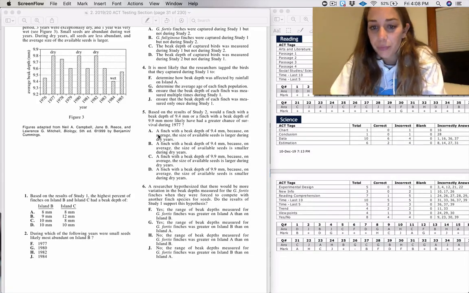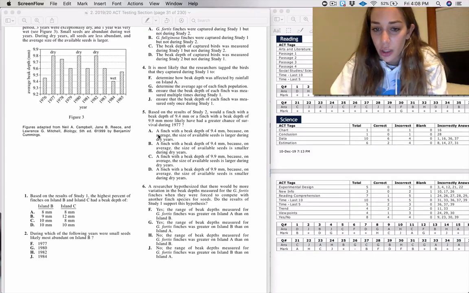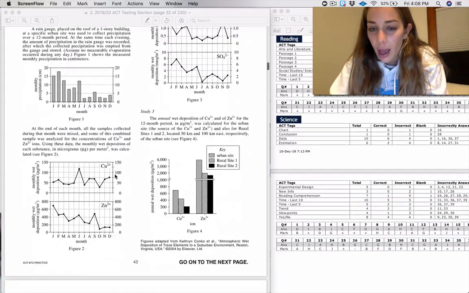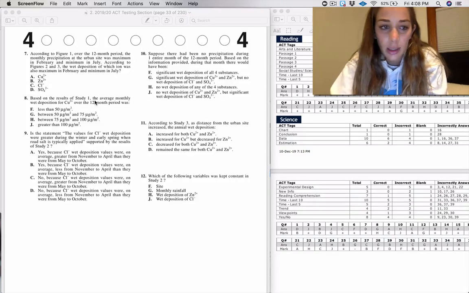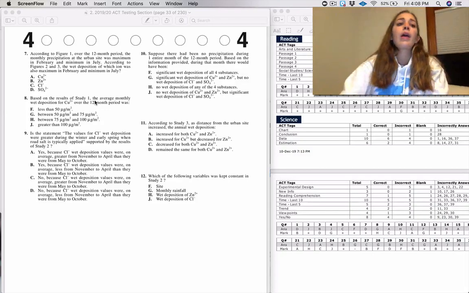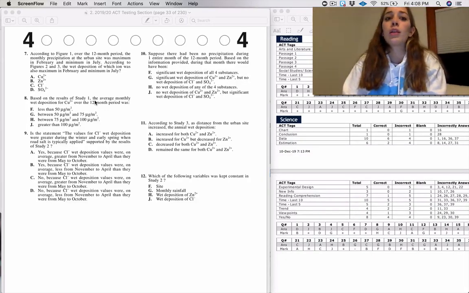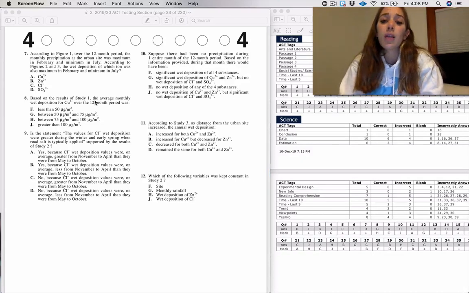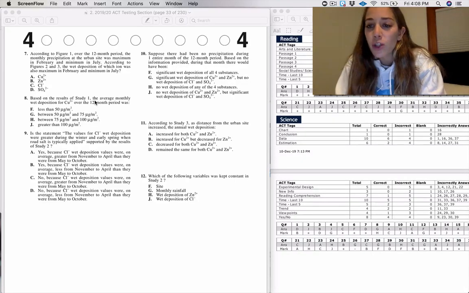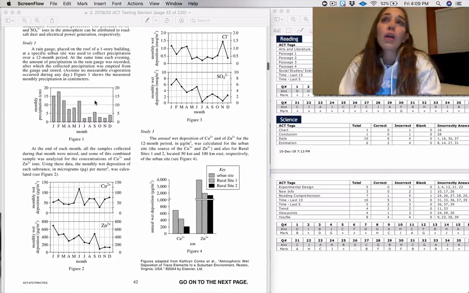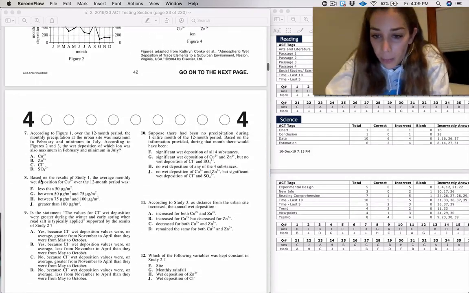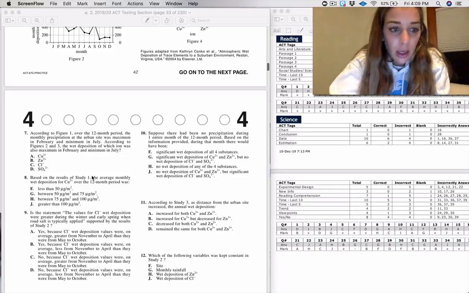Great. Okay. My next favorite type of question is probably an estimation question. Okay. So that's going to be something like number 8. Okay, now an estimation question is just like a data question in the sense that you're looking at the chart, except with an estimation question, the data that you're trying to look for is not on the table. So you need to estimate where that point would be. So let's look at something like